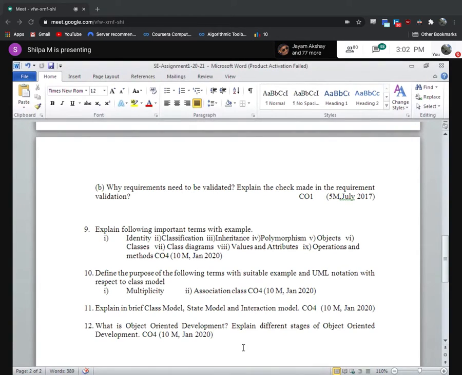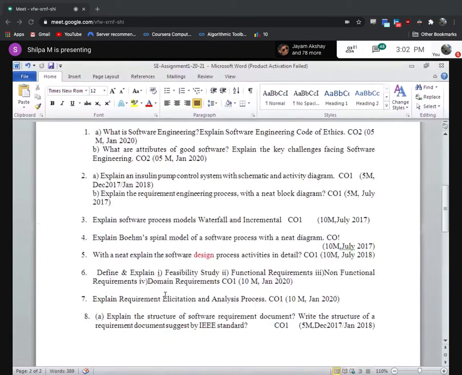Now, you might ask me, ma'am, functional requirements, there is 2 pages, non-functional requirement 3 pages, right? But here 10 by 4, it is 2.5, right?